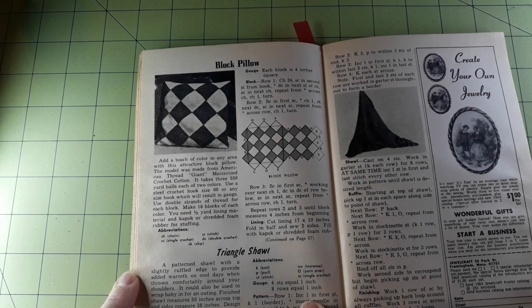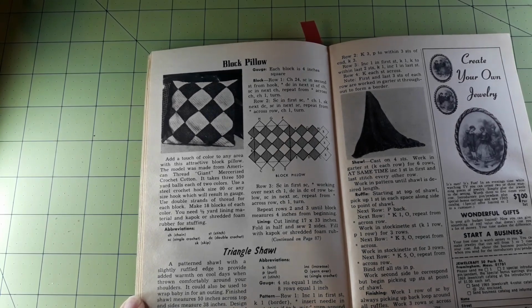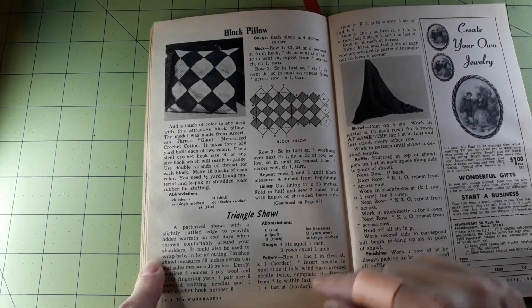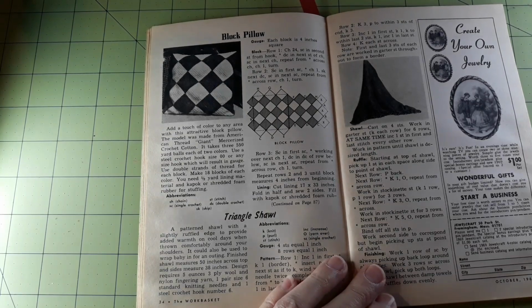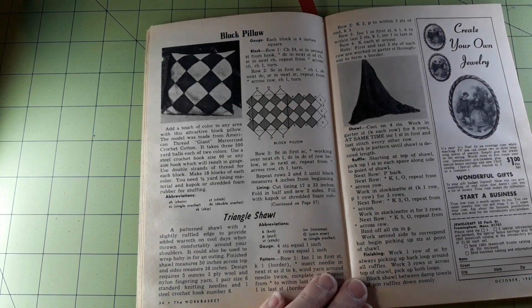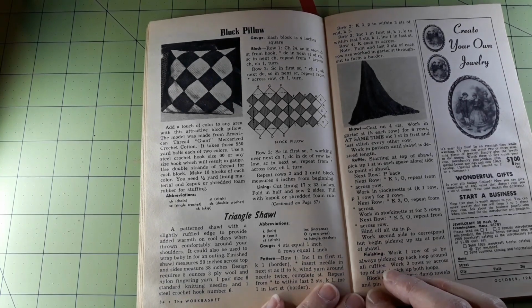A patterned shawl with a slightly ruffled edge to provide added warmth on cool days. When thrown comfortably, there's the shawl around your shoulders. It could also be used to wrap baby in for an outing. Finished shawl measures 50 inches across top and sides measure 38